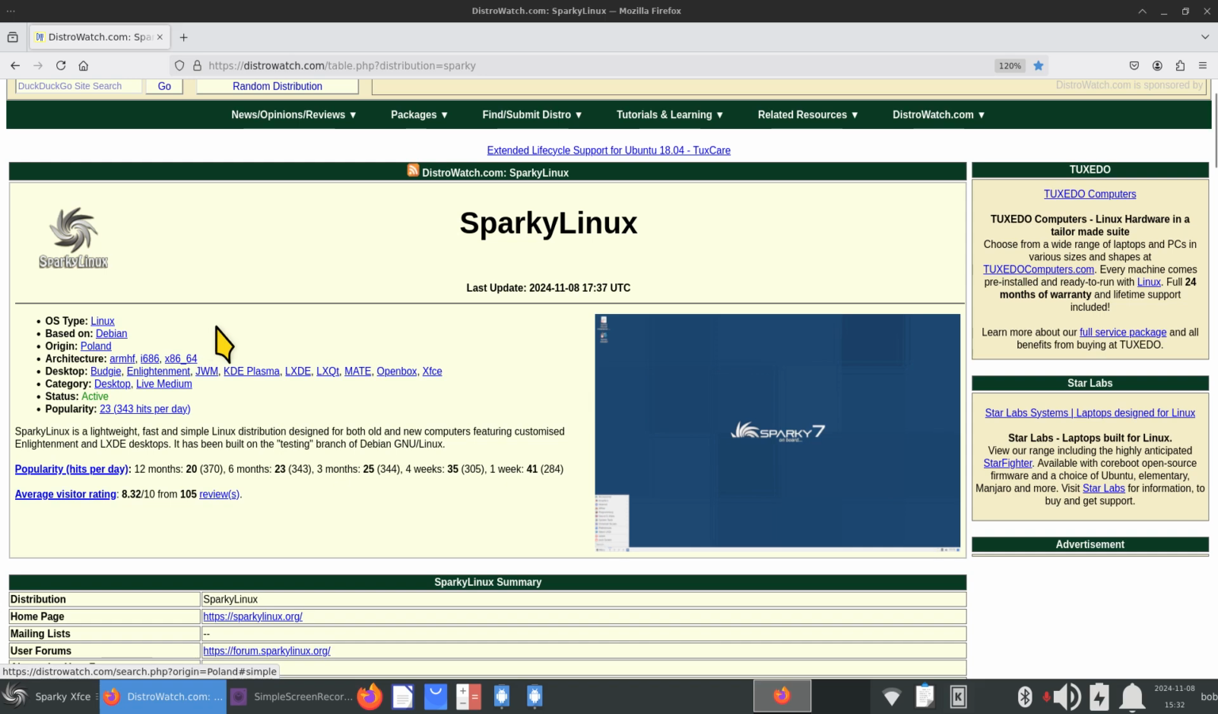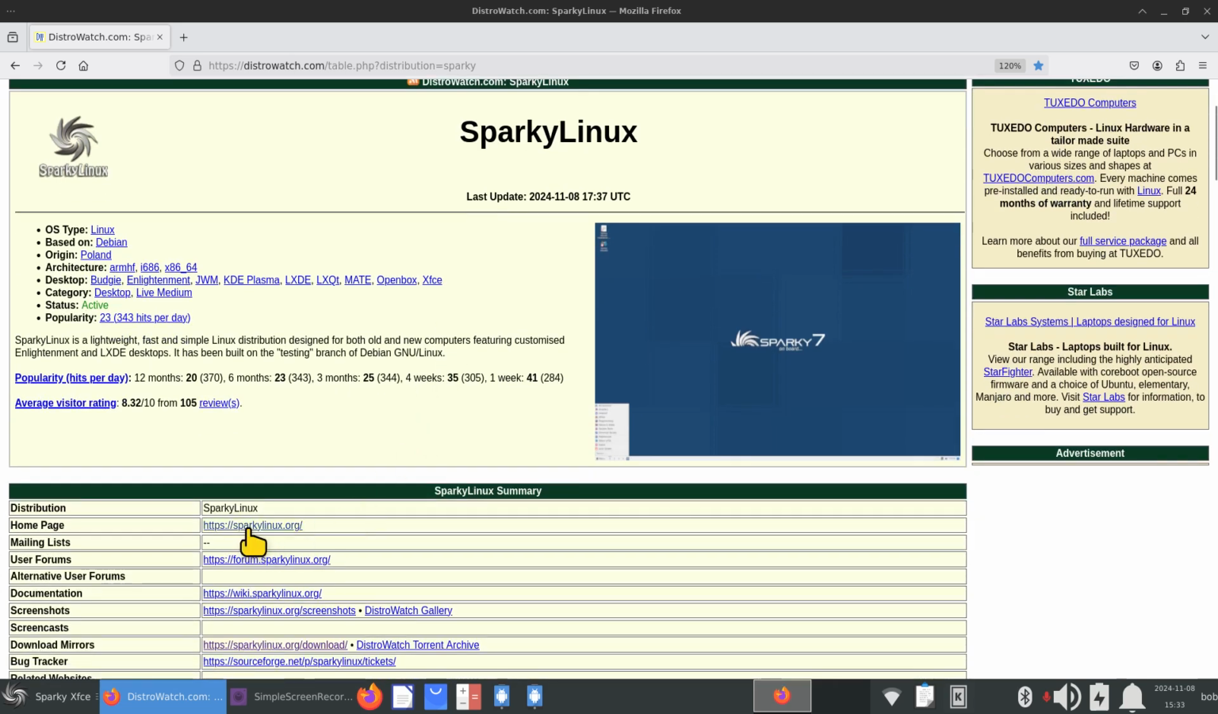SparkyLinux is out of Poland. It's a Debian-based distribution. They do have several desktops, and I'm using Xfce. SparkyLinux.org if you are interested or do not know too much about this distribution. It's a lightweight Linux system, and a lot of people like lightweight desktops for a lot of different reasons,